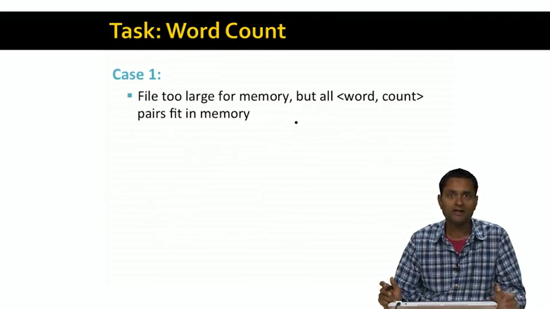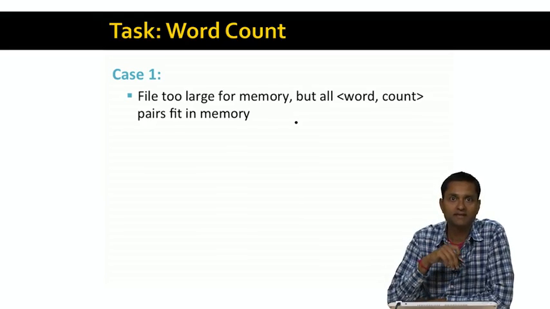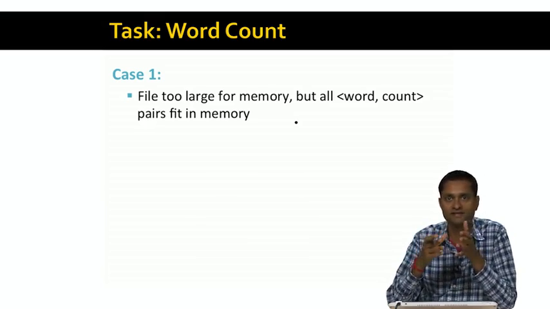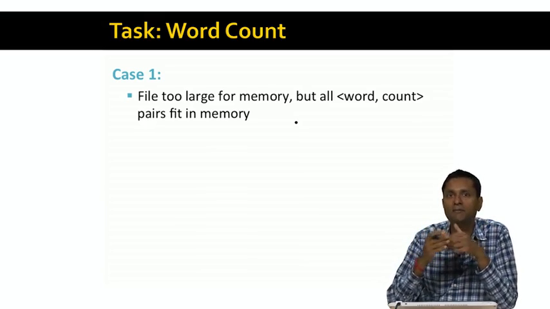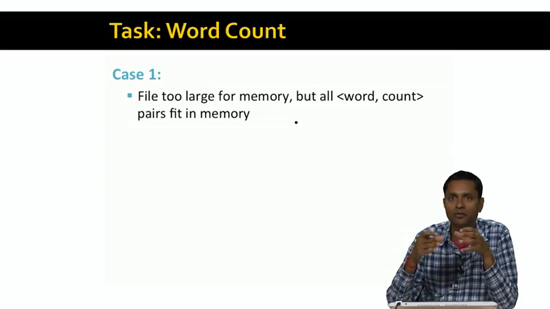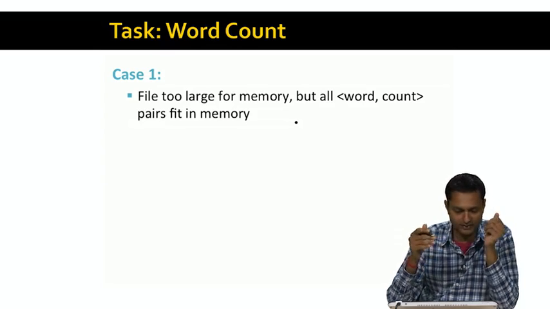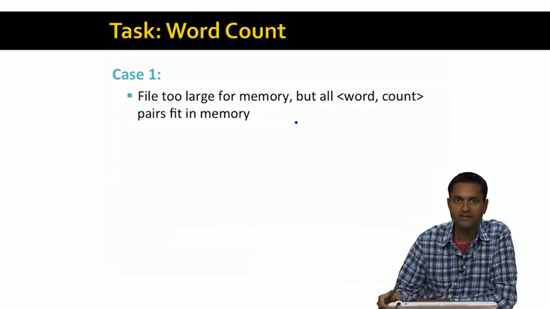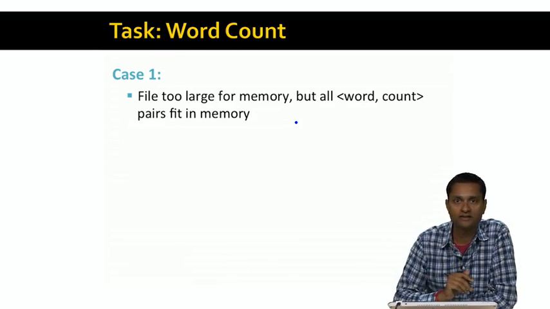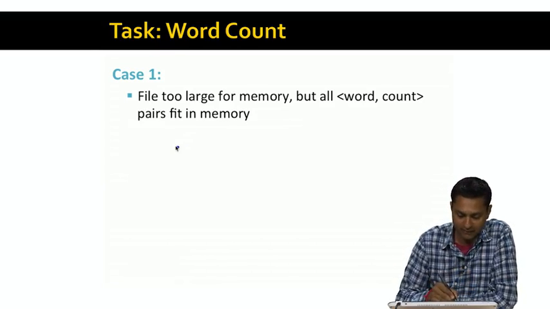So let's look at two cases. The first case is that the file itself is too large for memory, because remember we said it's a big file. But imagine that there are few enough distinct words in it so that all the word count pairs actually fit in memory, right? How do you solve the problem in this case? Well, it turns out that in this case, a very simple approach works. You could just build a hash table